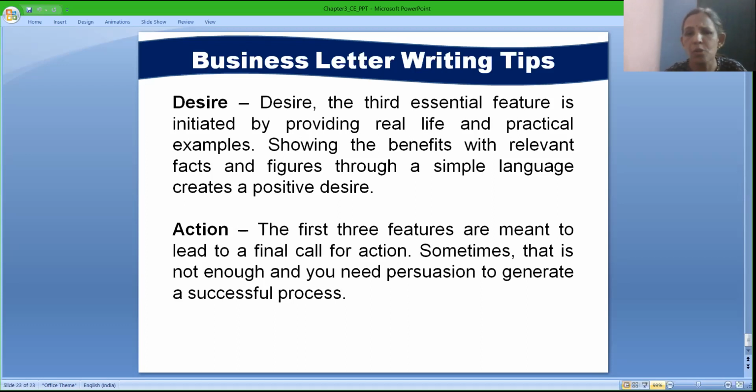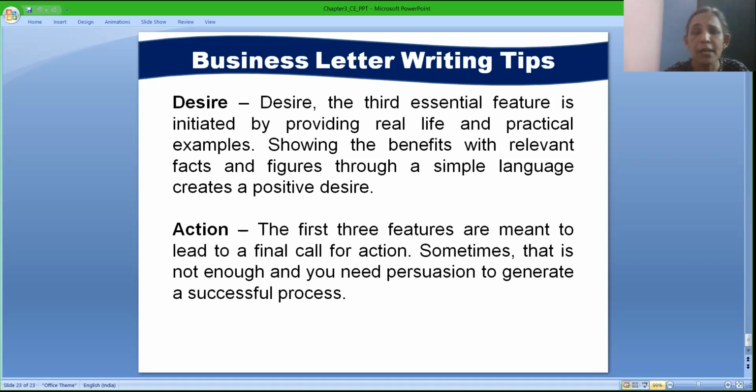Outline and organize your thoughts. Gather as much information as you can, and then find out what can generate more interest among the readers so that they can act accordingly. Don't forget the technique of AIDA while writing the letter. This is 100% workable, and if you keep this technique in your mind, if you grab attention, if you make the person act with interest, and if their desire is generated, automatically you will see that the person is acting accordingly.